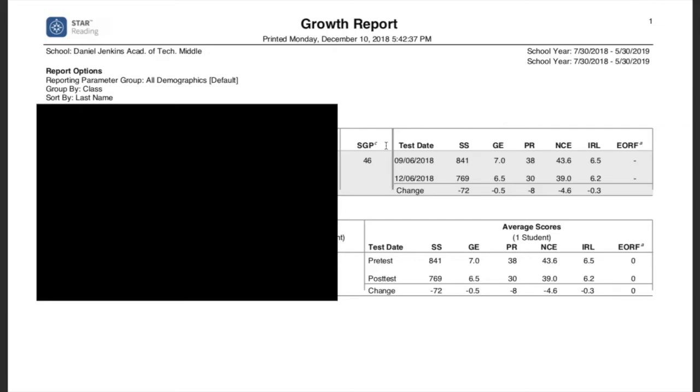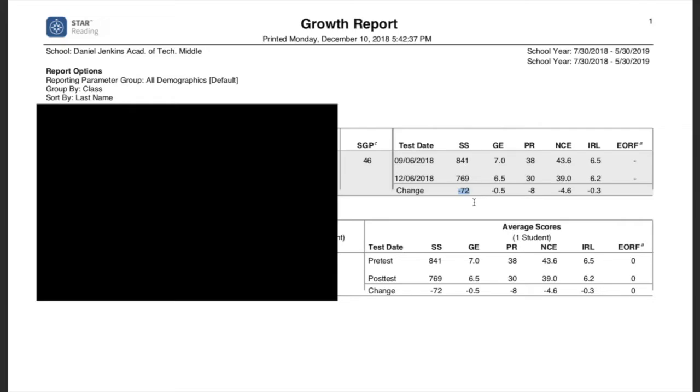You might see that their student growth percentile falls within that range. Remember, they want to be somewhere between 35 and 65. So this student has an SGP of 46, which is great. But I might go, why does this student have an SGP of 46 when they've decreased? Their scaled score went down from September to December. And so I might be a little confused as to how it could show growth when their scaled score seems